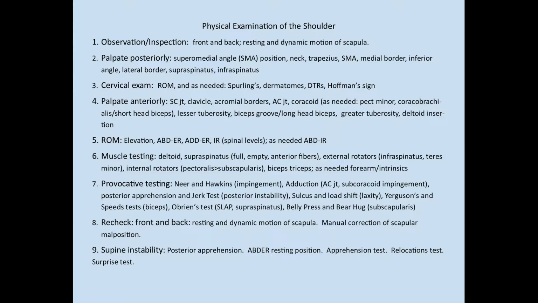Abduction resistance for the deltoids is tested. Supraspinatus testing is in the position of scaption, which is in line of the scapula and makes a V-shaped position of about 30 degrees horizontal abduction from the midline. Thumbs up, which is full can, or thumbs down, which is empty can position, can be tested. I have done both for all my patients for a number of years and have found no difference that helped